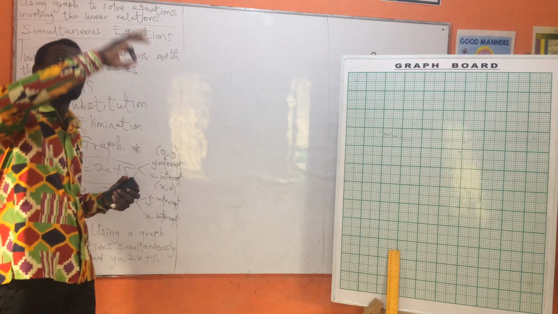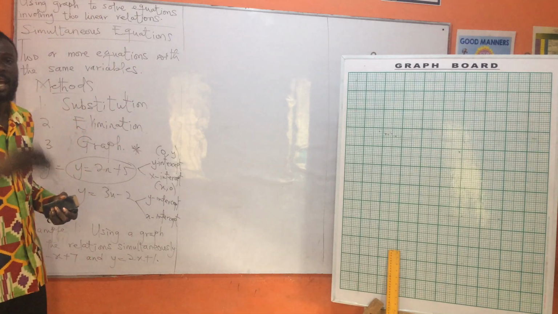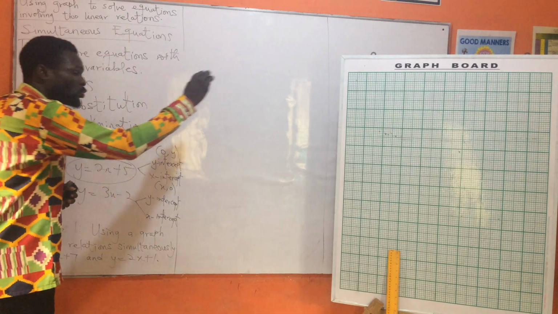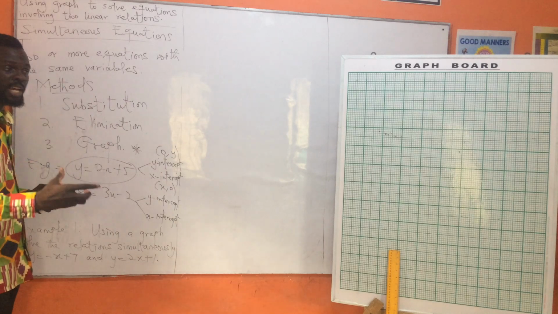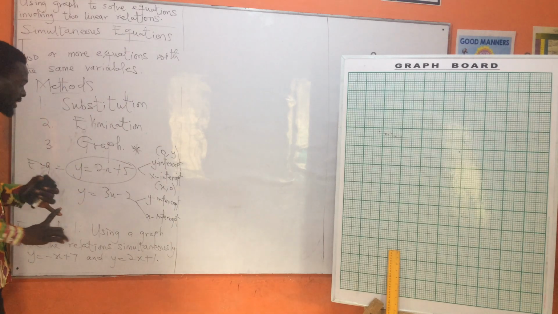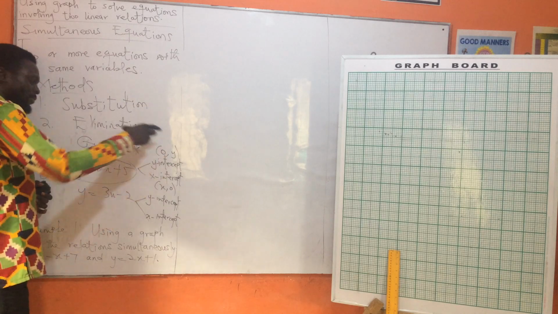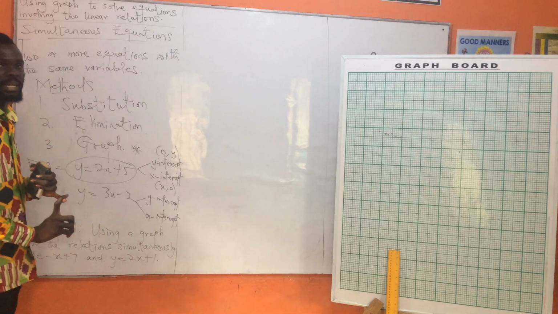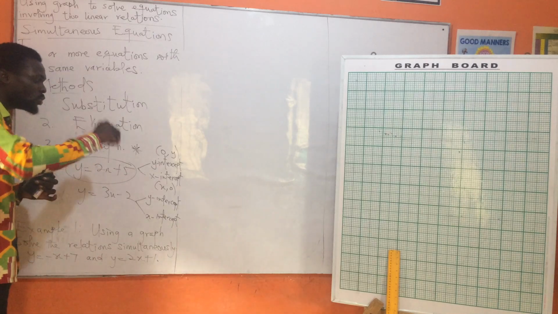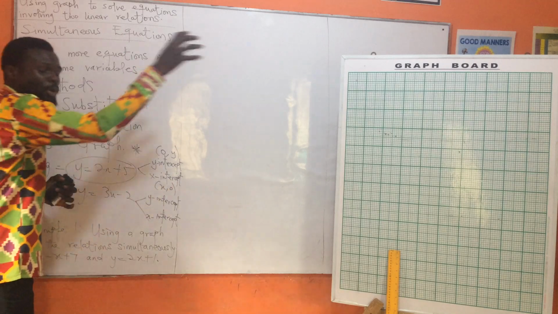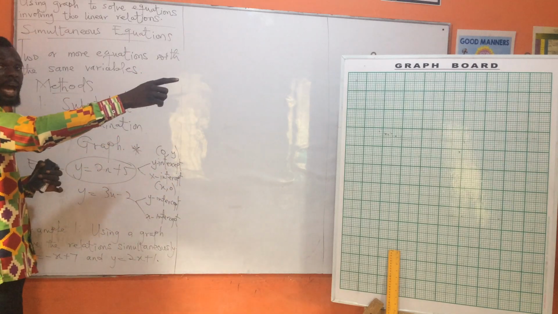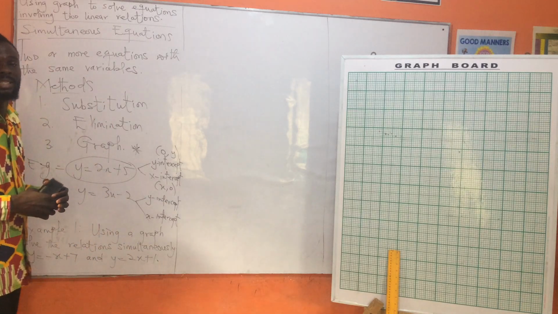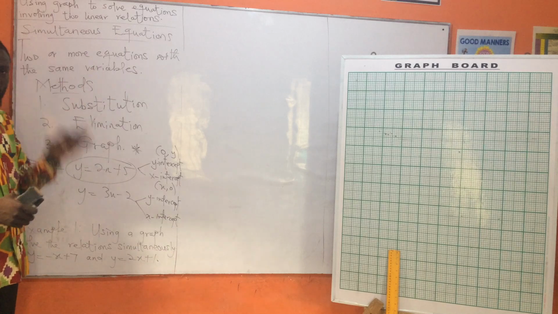So the point where the lines meet will give you the value of x and y. This is basically the introduction: if you are using a graph to solve simultaneous equations, this is what you need. I should get 2 points from each equation, and these points should be my y-intercept and my x-intercept from each of the equations. Once you have those 2 points, you can plot them on the graph, draw a line, and do the same for the other one. Where they meet becomes the point of intersection,